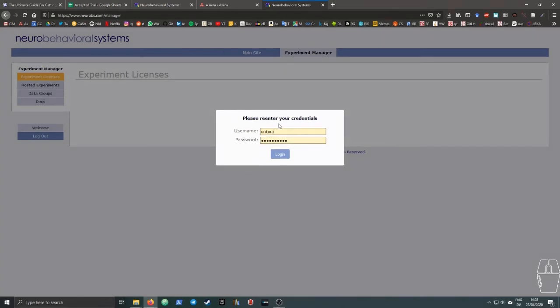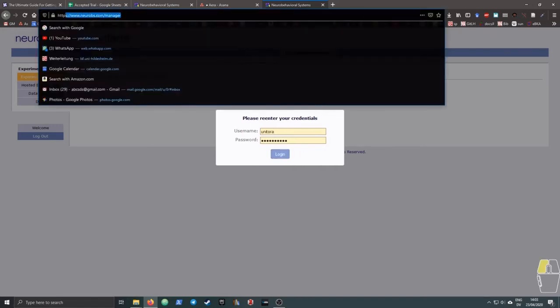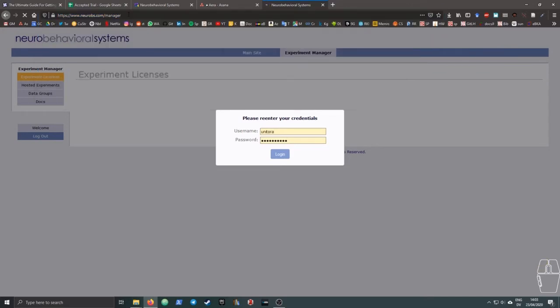We are going to take a look at how to download, decrypt, parse, and open the logs for online experiments on Presentation in their online version. For this, we will have to go to neurobs.com/manager. This is the experiment manager. Here, we will have to log in with our user and password